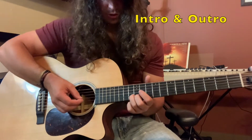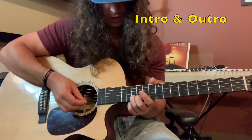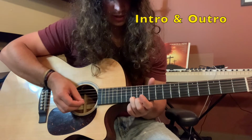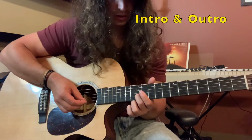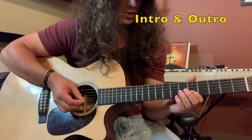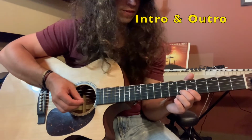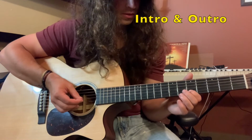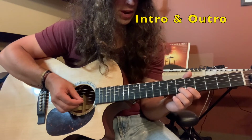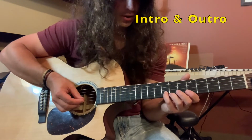So you start with your third finger on the 13th fret of the second string, and then you place your second finger on the 12th fret of the second string. You jump down to the 5th fret of the second string, play that, and then you place your second finger on the 6th fret. And you just hammer back on with your first finger. You place your 5th finger on the 8th fret,